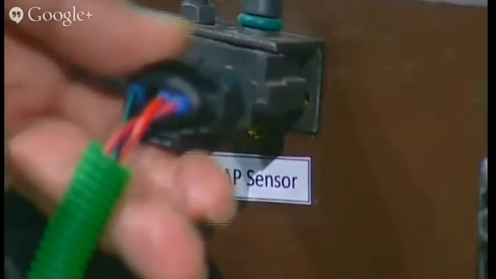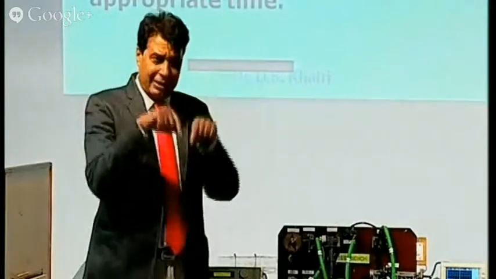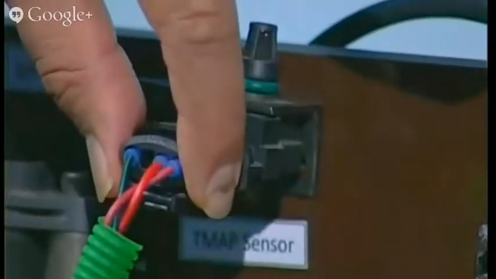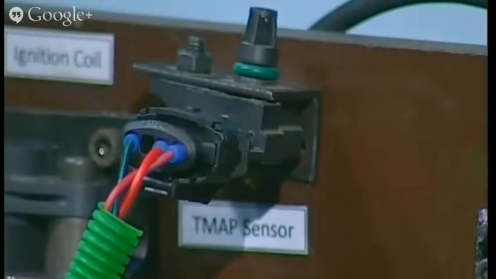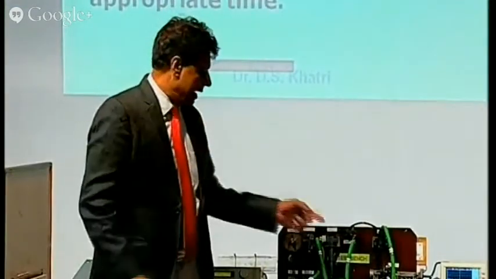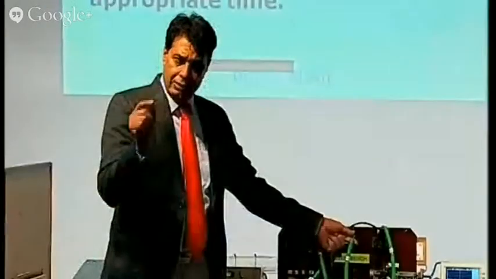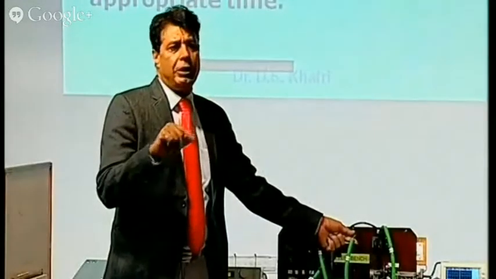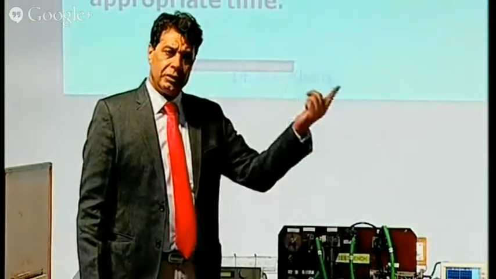measured. Earlier we were using 2 sensors, IAT separately and MAP separately, but to reduce the cost of the sensor, it is integrated in this one. So now we have one sensor because both are mounted on the intake manifold. I can mount it at the same position in the intake manifold, and I can measure the temperature of the air which is going to the engine and the pressure of the air which is going to the engine. Again this signal will go to the ECU.